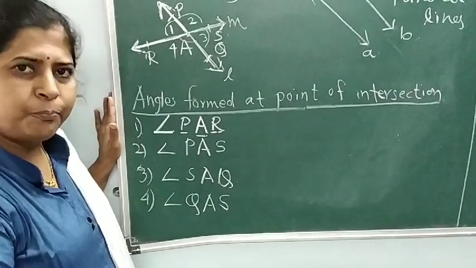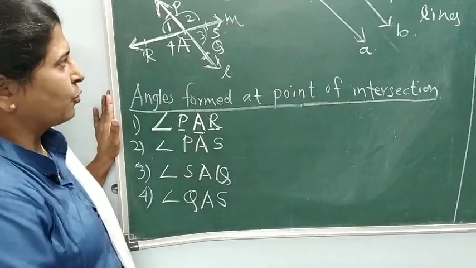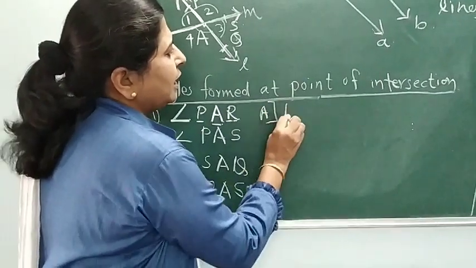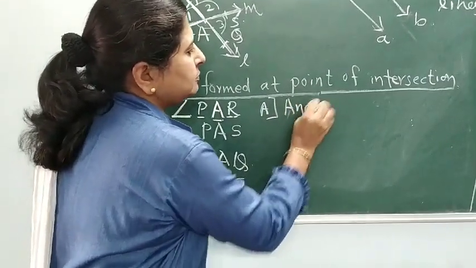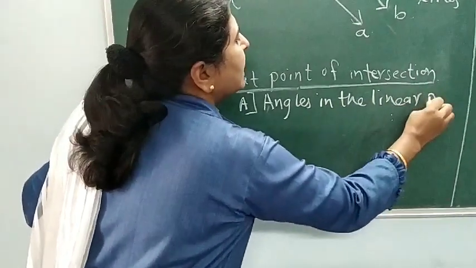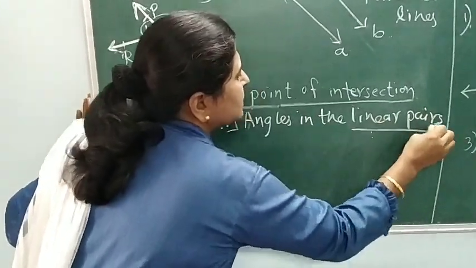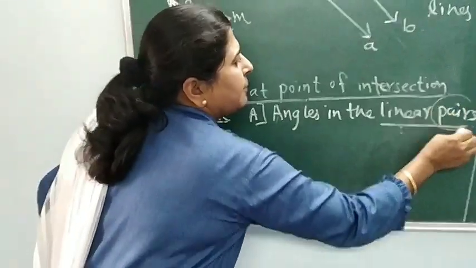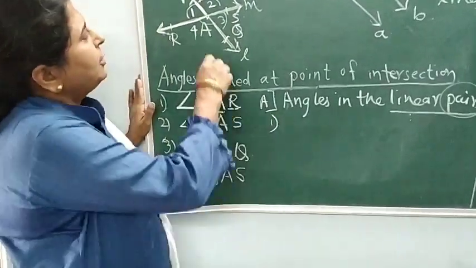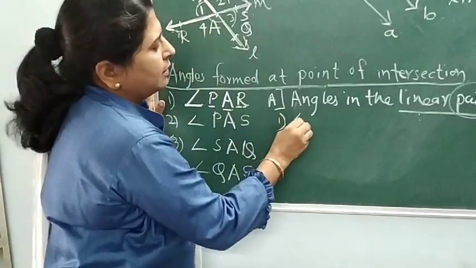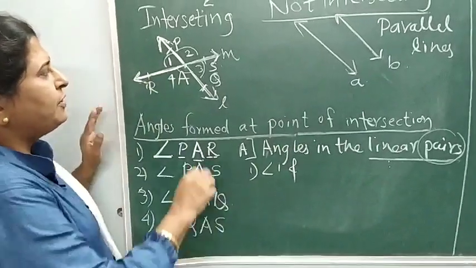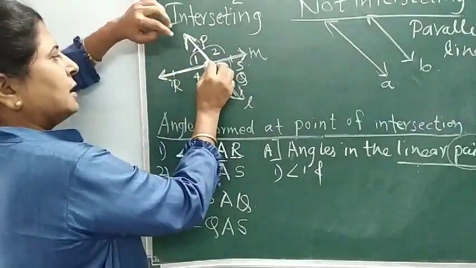Now we have learned pairs of these angles out of these 4. So how can we have a pair? Two types of pairs we have learned. Either we can have angles in a linear pair. As the name tells you, linear means the two angles. Of course, pair means there should always be two angles. So for the first pair, if I am taking angle 1 here, what is the angle in the linear pair which is adjacent to it, with this as the common arm?